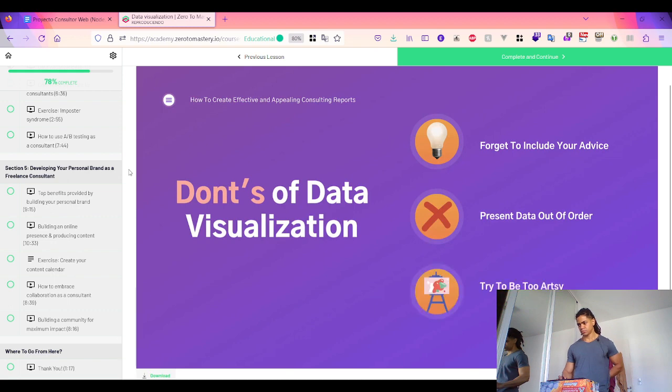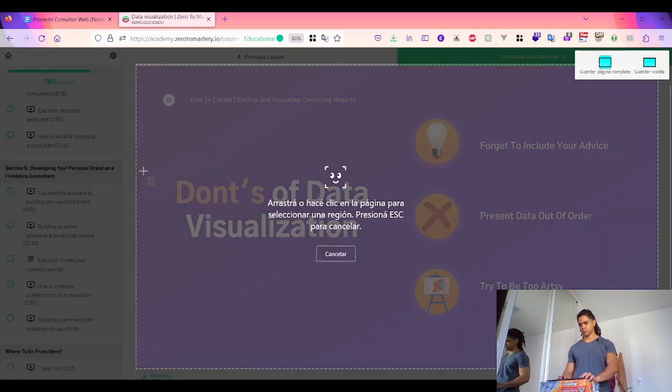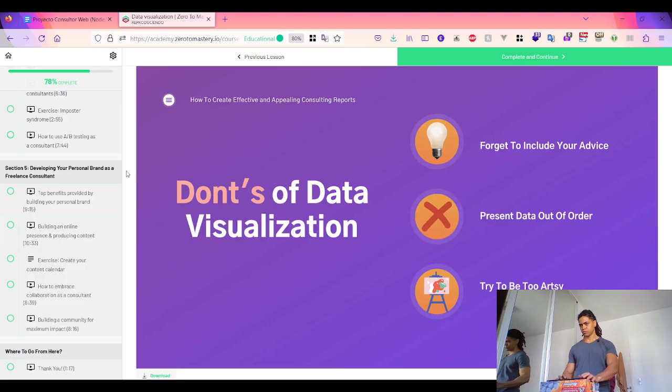You also want to remember to try not to be too artsy. If you do try to be too artsy and you really go overboard with it being visually appealing, it can take away from what you're actually reporting on. And while you do want it to be visually appealing and use different colors and different charts, you don't want to go overboard. So just like everything in life, it's a balance, but you can get a third-party opinion,